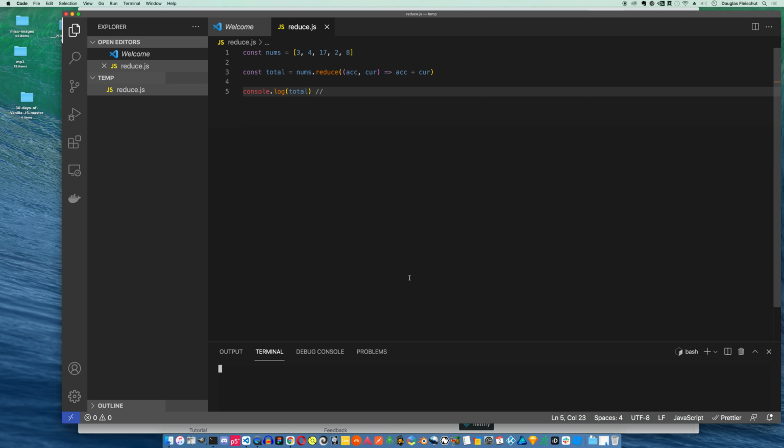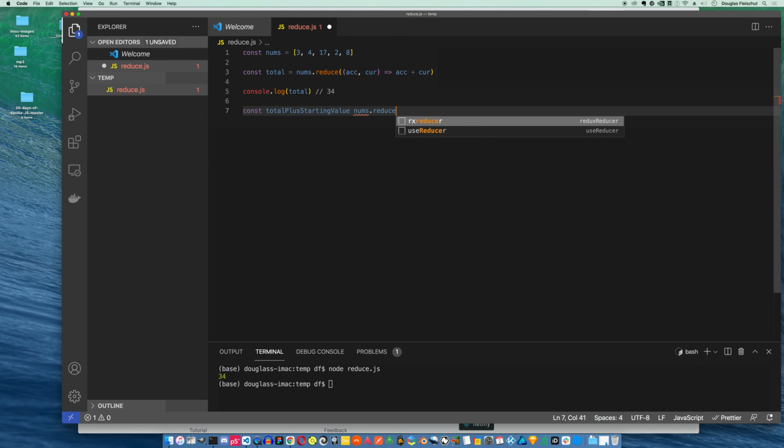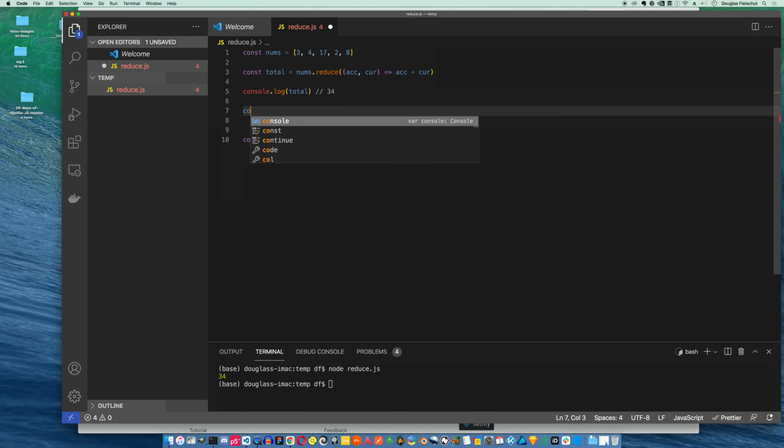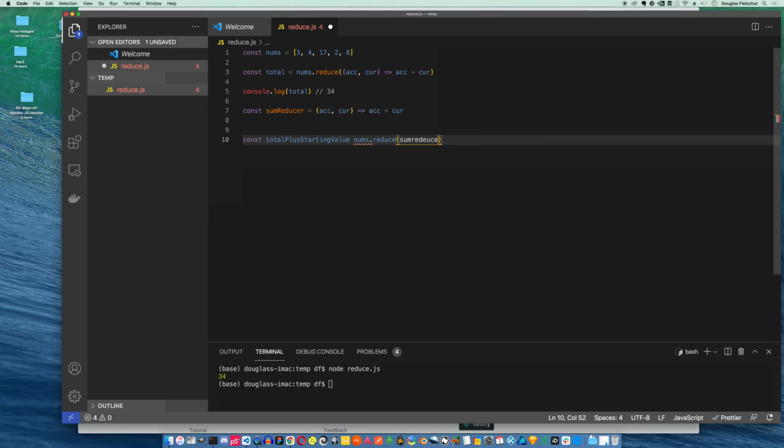And we know also that if we wanted to say total plus starting value, we'll have a total plus starting value. We could say nums.reduce and pass in this sum reducer. Let's actually make this into its own function. And we'll pass in the sum reducer, and we'll pass in an initial state of, say, starting value,